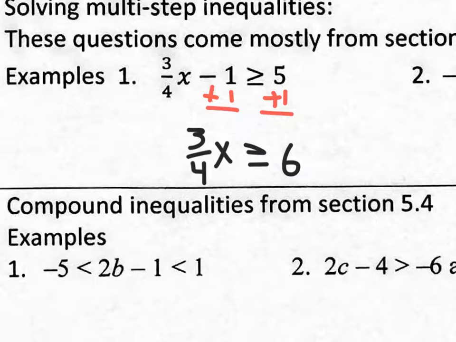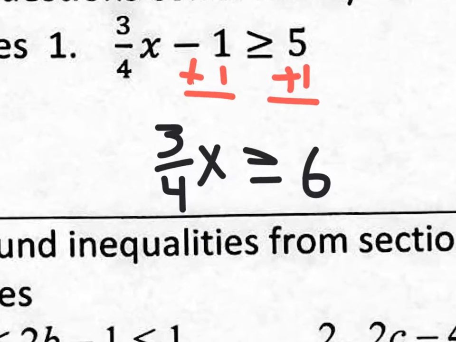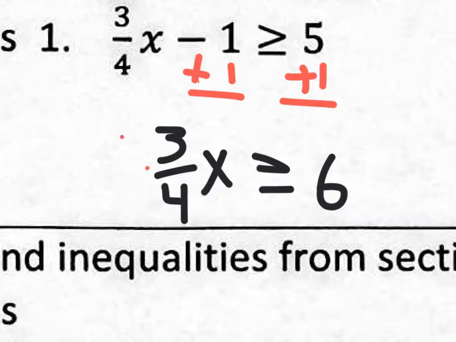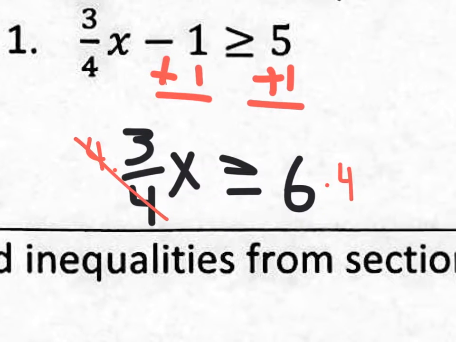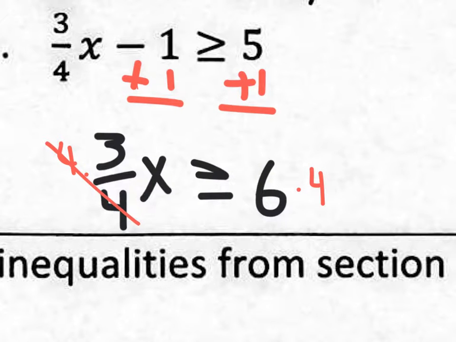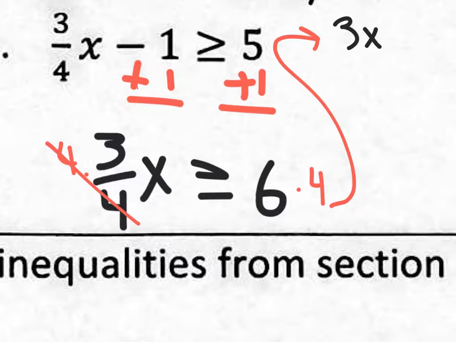And now you still want to get rid of the divided by 4 on both sides. So you're going to go times 4, cancel, times 4 over here. You're going to have a new inequality. I did run out of space, so let me bring my new inequality up here. That will be 3x is greater than or equal to 24, and my final step would be